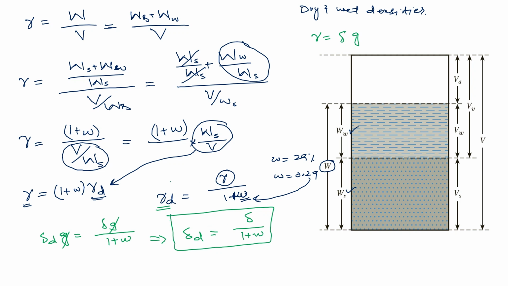So this relation is between the dry unit weight and wet unit weight, relation 1, and relation 2 is between dry density and wet density. So this is all about